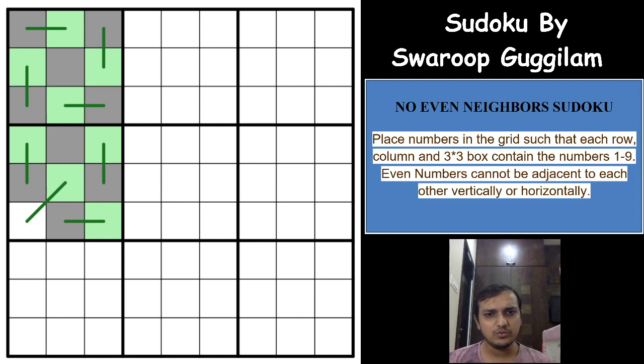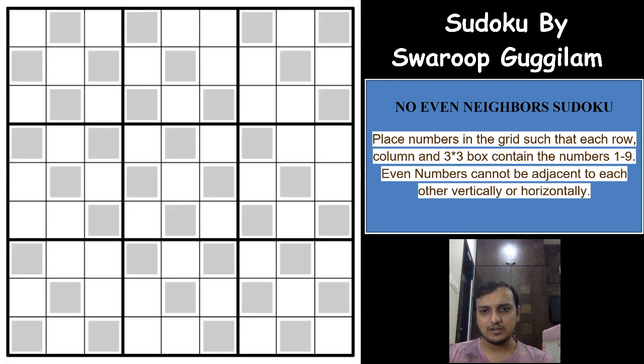So what happened is, I just ran through all of the boxes, placing all of the even digits in the boxes, and I was still unable to find any contradiction. After placing all the even digits in the full grid, I got this pattern. All of the marked gray cells are even digits in this grid right now. After marking this cell as an even digit, I was just making sure that I mark all the even digits, and till the end I couldn't find any contradiction in placing an even digit.